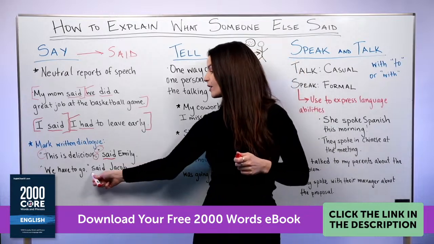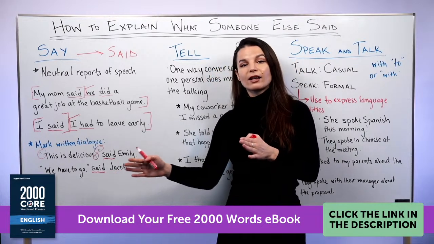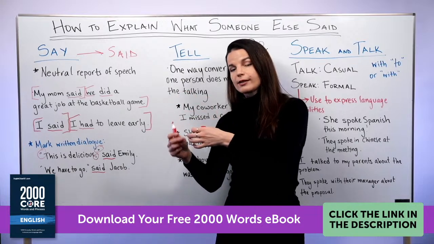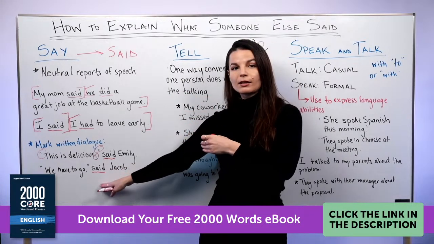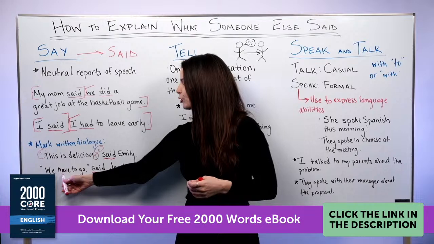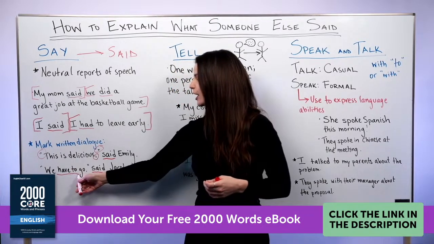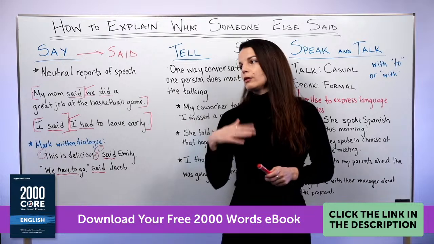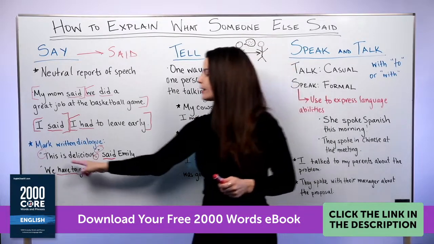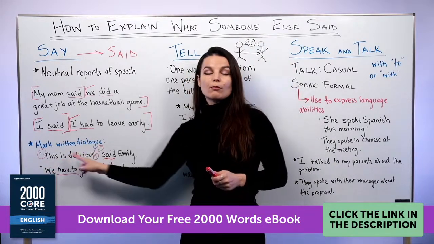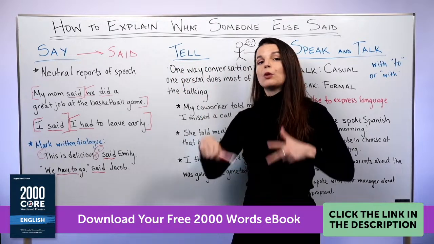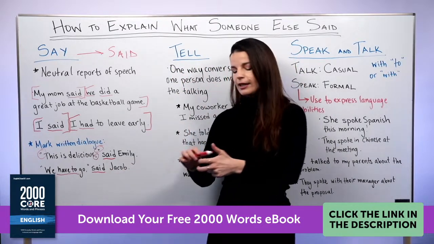So here we have the said, again, past tense, right? So the book or the story shows us Jacob's statement, yeah? And "we have to go." So again, no change here. So in this case, he's not saying we had to go or something else, right? So this part inside the quotation marks is showing us the story, is showing us the dialogue, and then we report that with the past tense said.